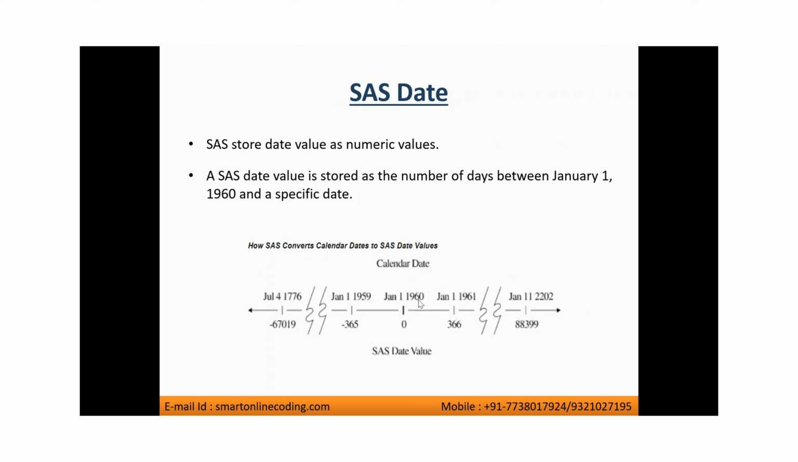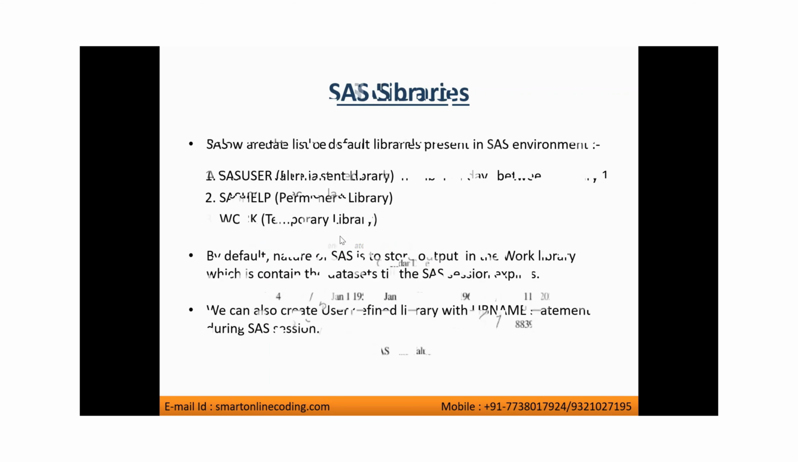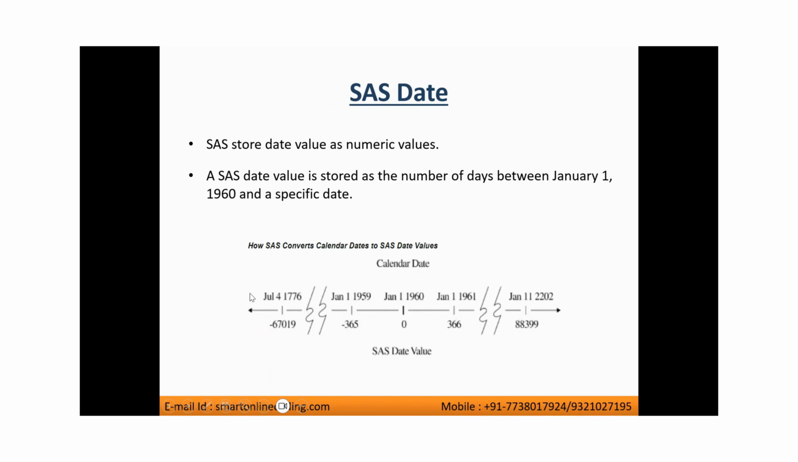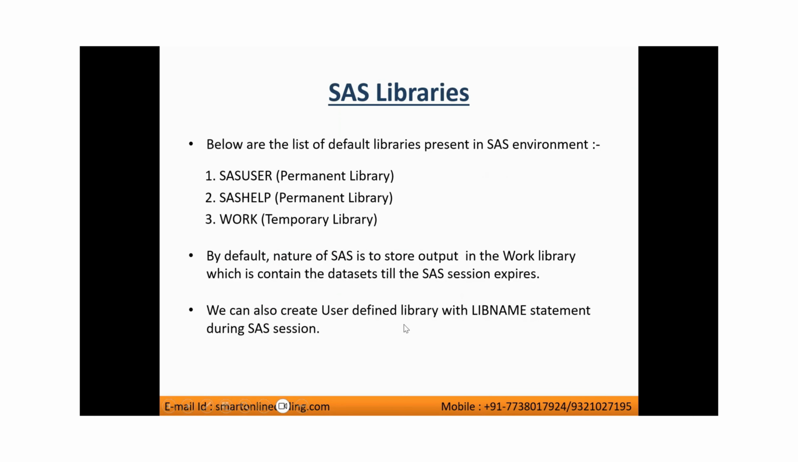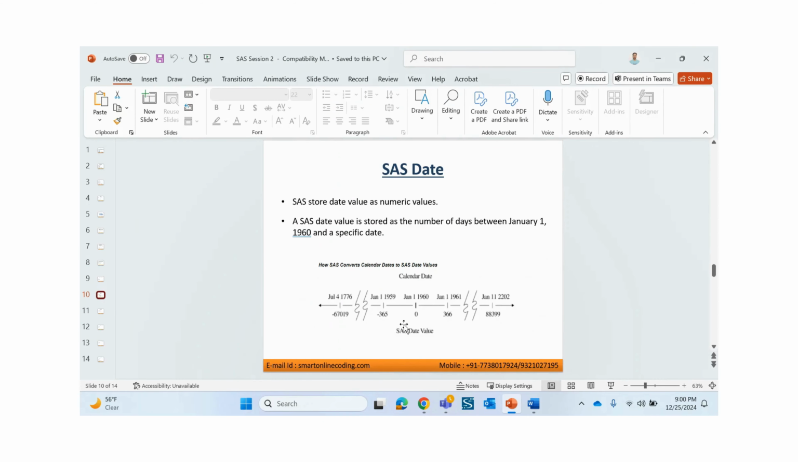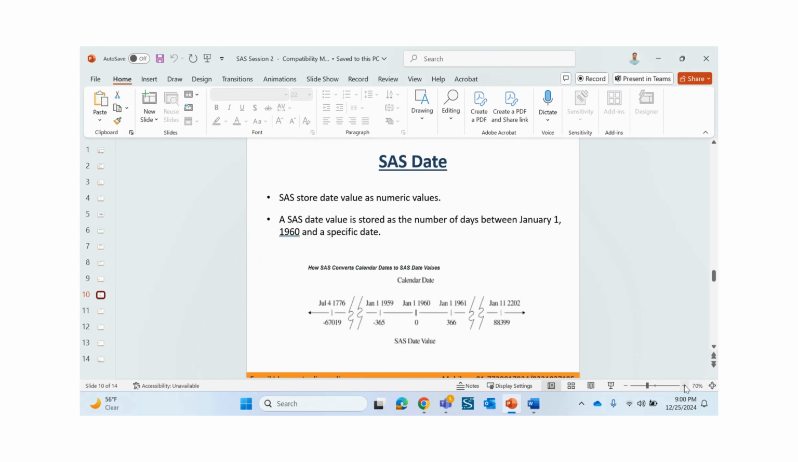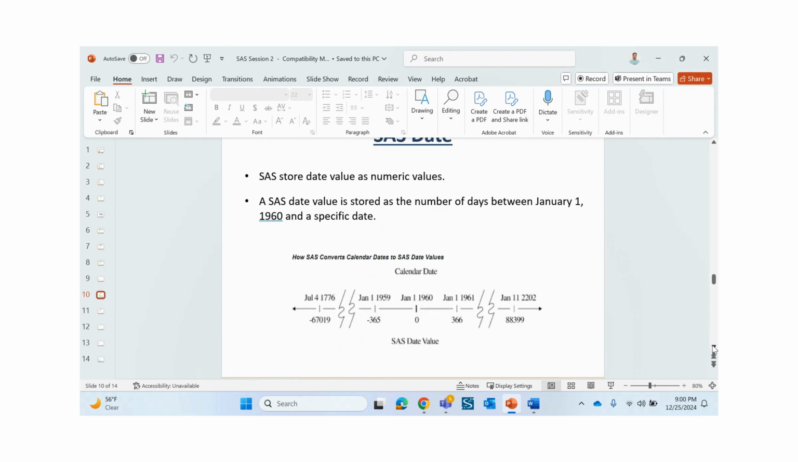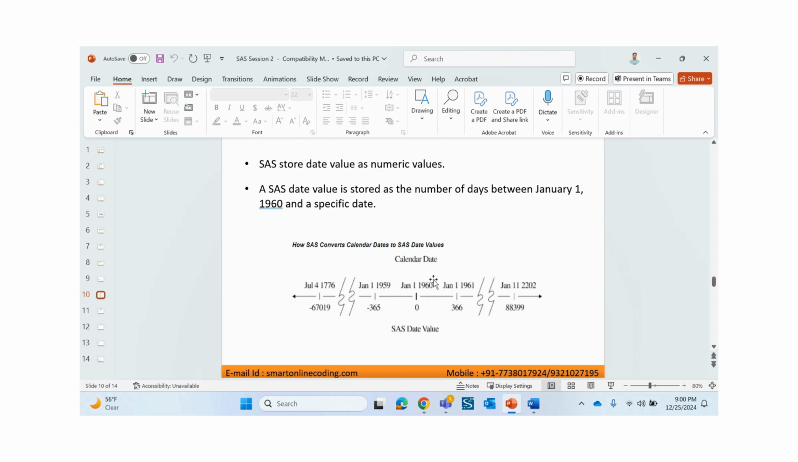So the second point states that the SAS date value is stored as the number of days between January 1, 1960 and a specific date, right? So what does it mean? Second line. If you see the calendar below, Jan 1, 1960 is the reference date. It means that SAS will take it as a zero value for this date particularly. Can you see my screen, right? So SAS will take Jan 1, 1960